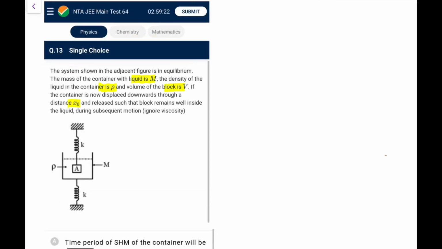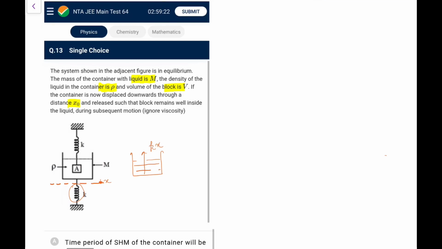Now for this question, I'll say consider the system only as this container and liquid without considering the block. Leave that x0, and assume it was initially in equilibrium and is further pushed down by distance x. So now I'm going to write only the changes that take place in the forces, because initially all the forces were balanced. Because of this extra pushing, the spring will exert more force, which is equal to kx for sure.